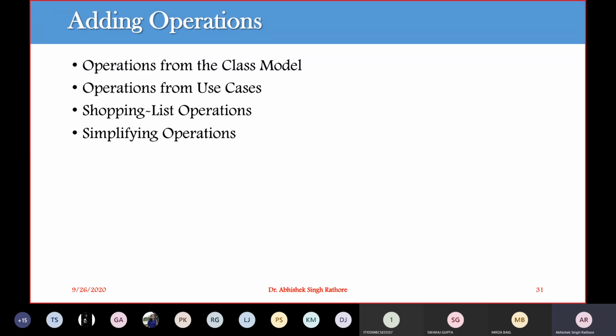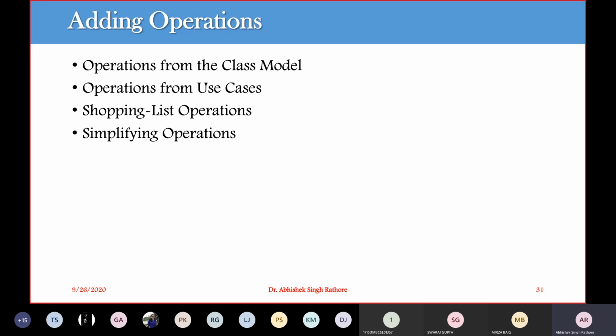So this is how we can find out. We can say that these are the shopping list operations. This list of operations comes right from your real world, because you have some domain experts available. These domain experts are very comfortable in identifying different operations that are not identified during your application class only.